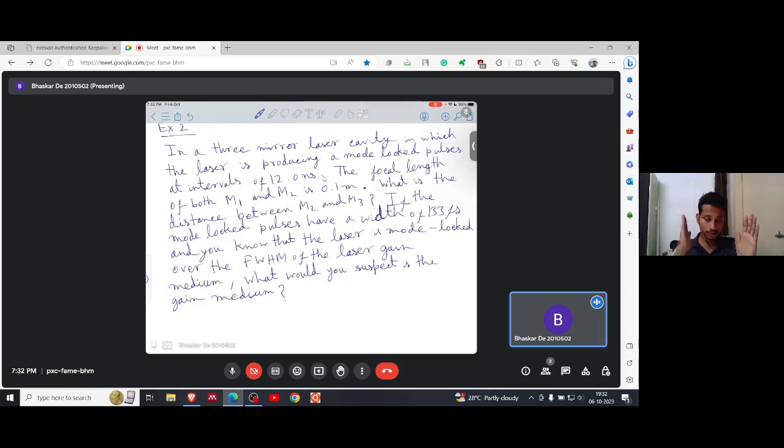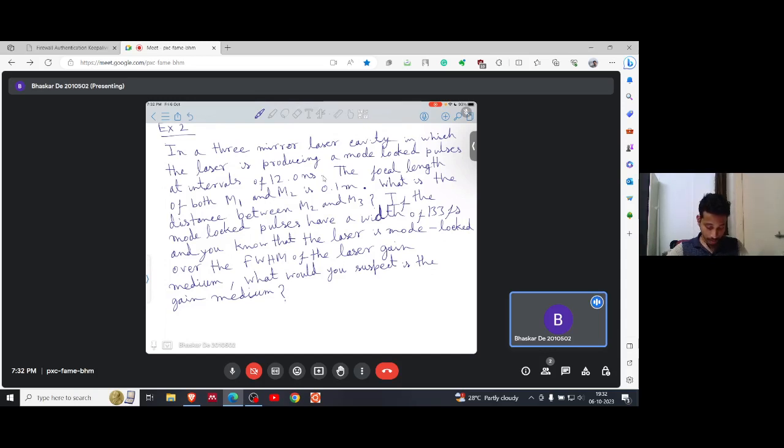So the separation between two pulses is 12 nanoseconds. The focal length of both M1 and M2 is 0.1 meter. What is the distance between M2 and M3? So we need to calculate the distance between M2 and M3, and if the mode-locked pulses have a width of 133 femtoseconds